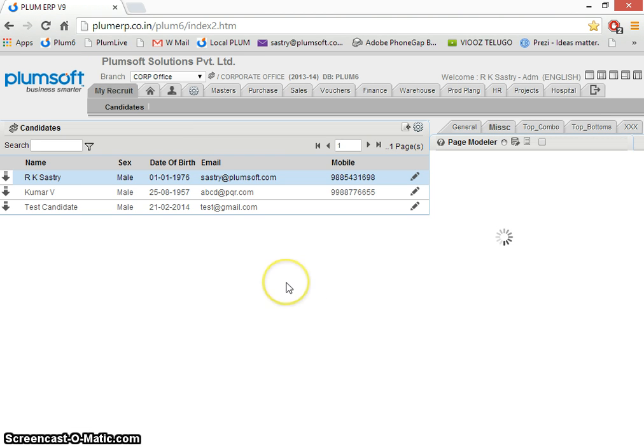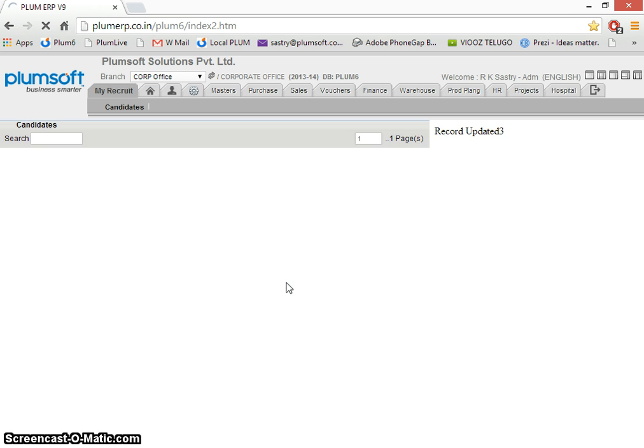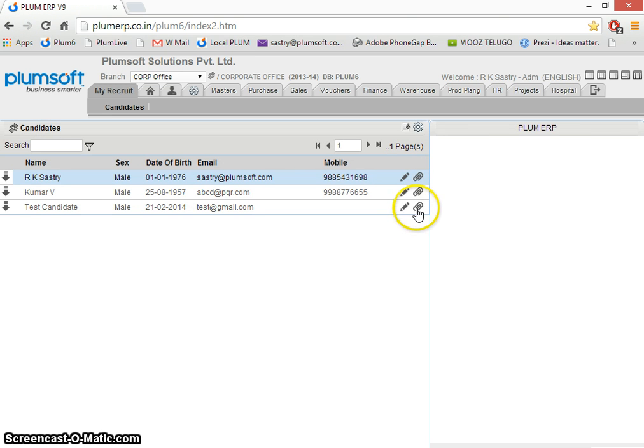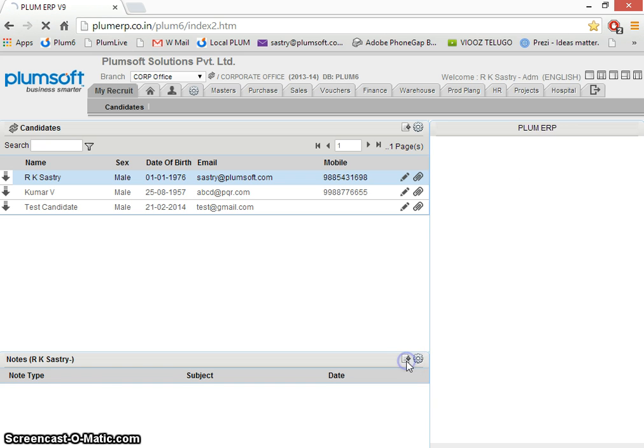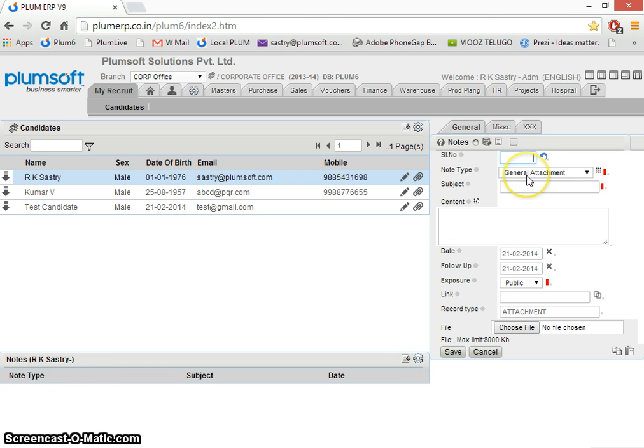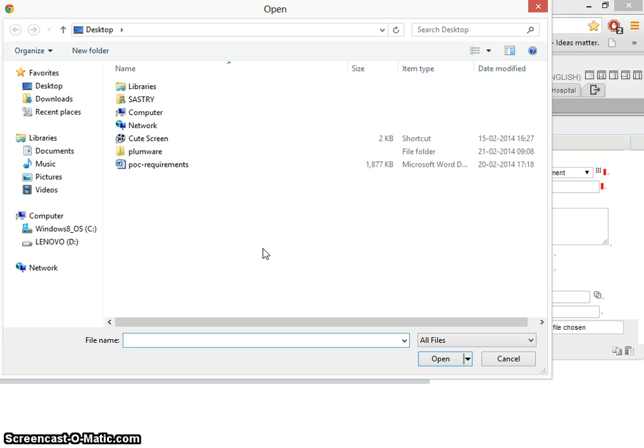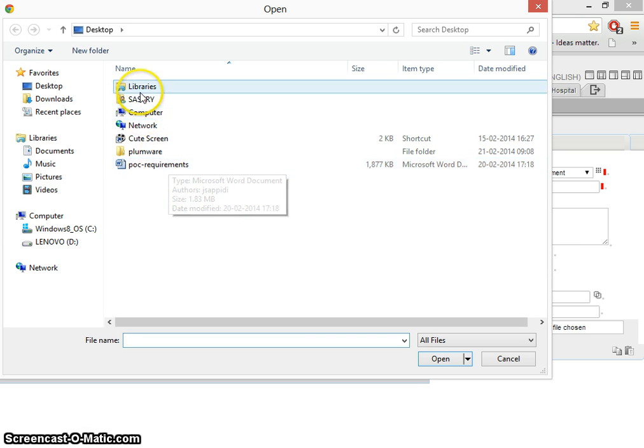That's it. Now, with this the form gets the feature called attachments, where he can create a new attachment and say some name, and he can attach any of the files which he has on the screen. Maybe I will say POC requirements or anything.